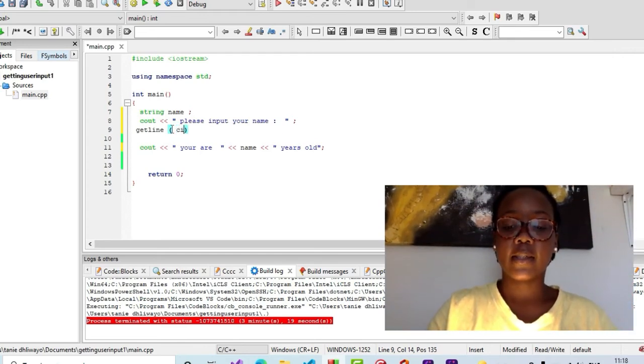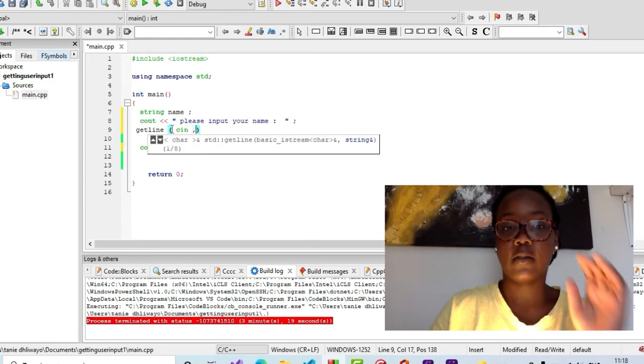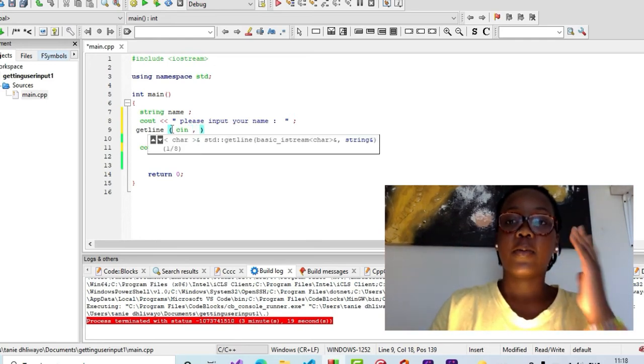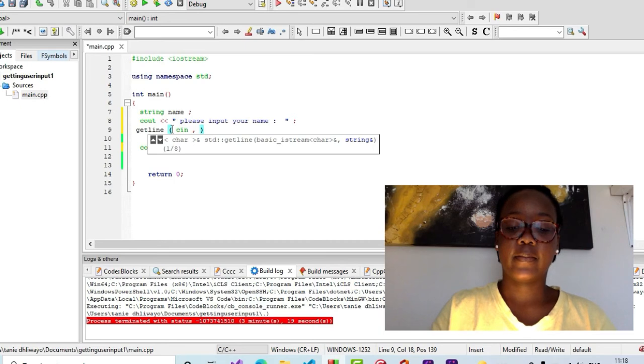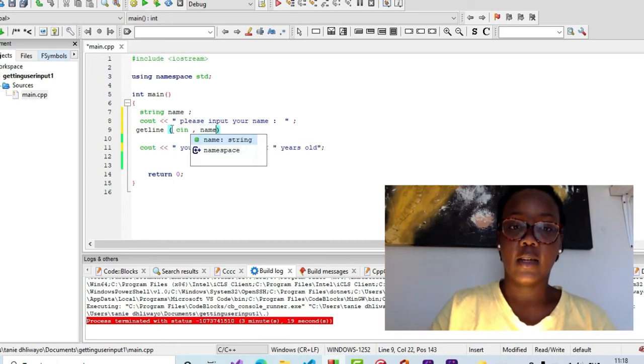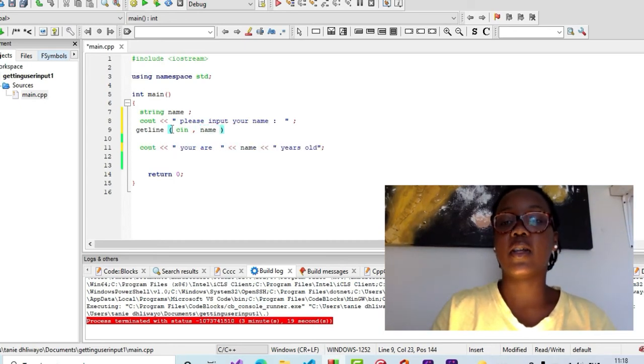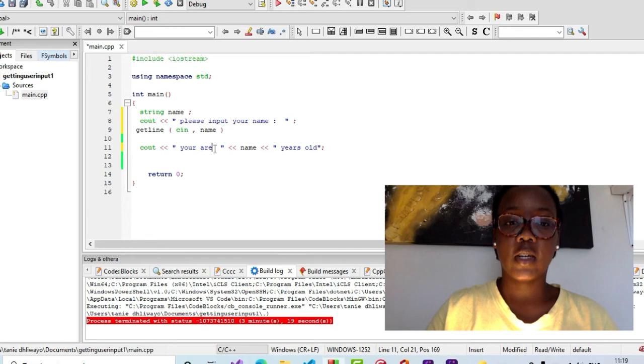So first we're going to say cin, and then a comma, and then our variable name, so name. If it was maybe age, we'd put in age, or maybe type of color, then we'd put in type of color. I think we should also change it and just say your name is,